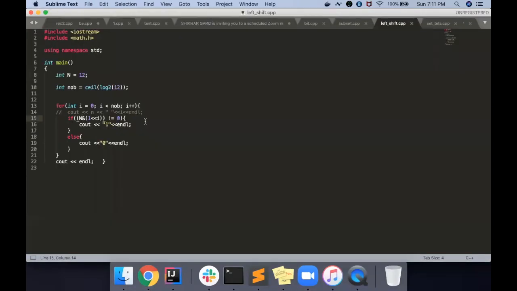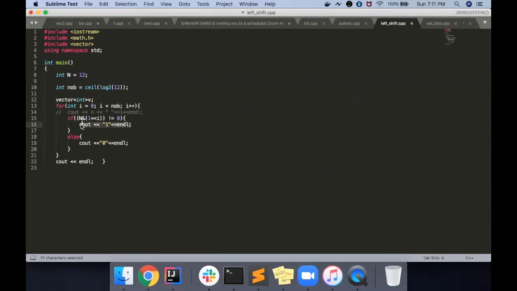I'm not telling you now, you can do it as homework. Instead of printing, you can insert it in an array or in a vector, and you can reverse it. In that way, you can directly get the number in binary. Let me help you once. Now we learned all these things, vector and all. You can use an array also, it's up to you, but this is the benefit of vector: you can just directly push freely.